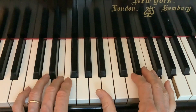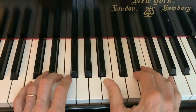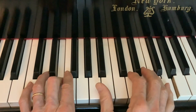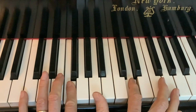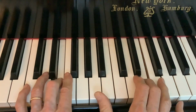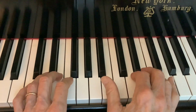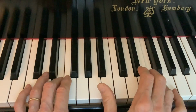And let's add the quarter notes in the right hand. So we have this E, G, eventually going down to this F, D. So we have this, 1, 2, 3, stop. Try that again. 1, 2,